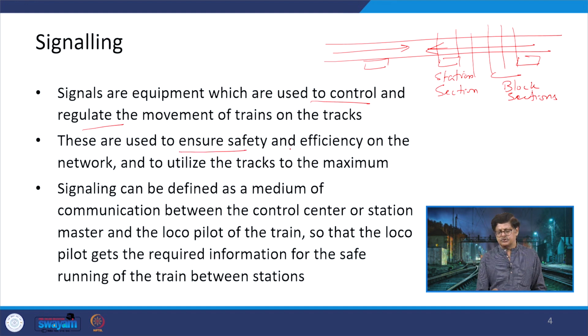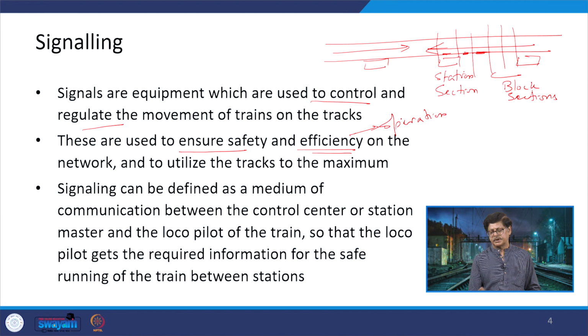Now, these also ensure the safety and efficiency of the network, because as I said, if two trains come in the same block, then it is going to be a hazardous situation. So, there needs to be a certain gap between the trains which are moving in one direction. So, we need to ensure the safety as well as the efficiency of the system, because if that is not being taken care of, how the train has to move in which particular block, either this or this, or how it reaches a station and then starts back from there to reach the final destination or the terminal location. So, that efficiency in terms of operation